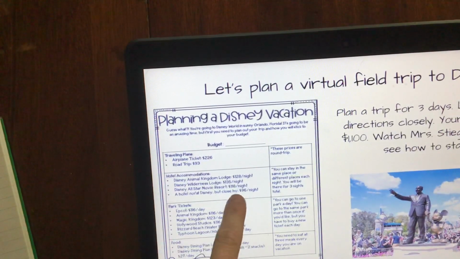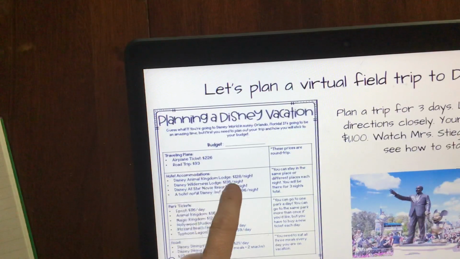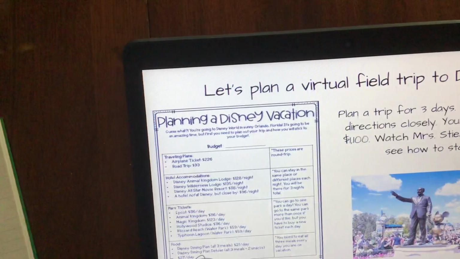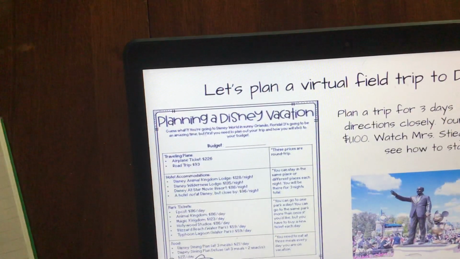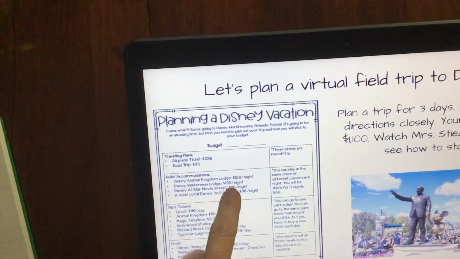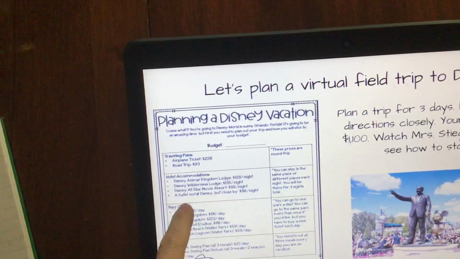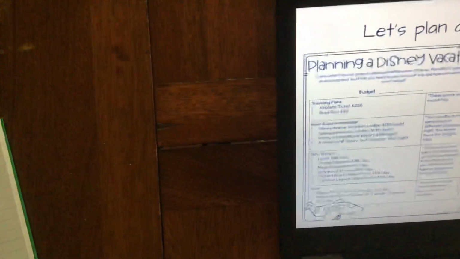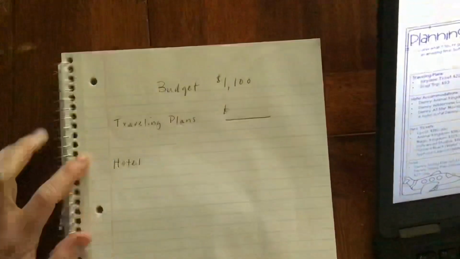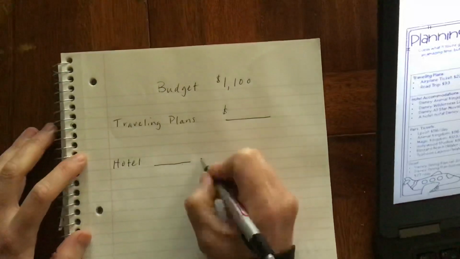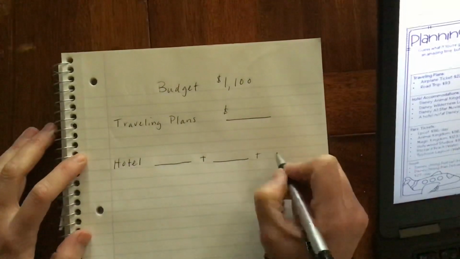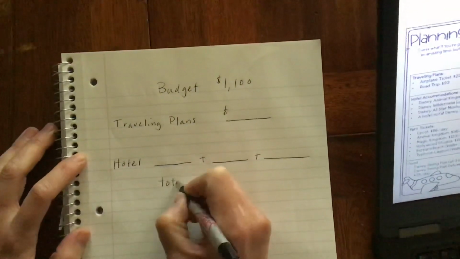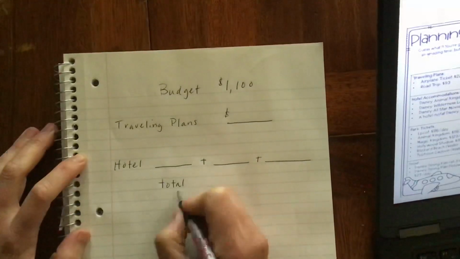So if you do 3 nights at Disney Animal Kingdom Lodge, you do 128 plus 128 plus 128. Or if you wanted to do 3 different nights, let's say you want to do 128 plus Disney Wilderness Lodge for 135, but then you want to try and save a little bit of money, so you go to the hotel not at Disney and you do 96. So you'll have to pick 3 different ones. So over here in your hotel, you're going to do whatever you choose plus whatever you choose plus whatever you choose. So you're going to need to have a total of that. You'll have to add up those 3 numbers of whatever you choose.